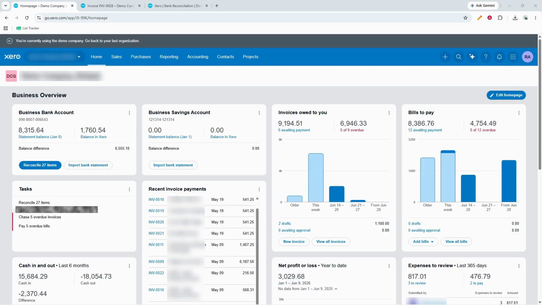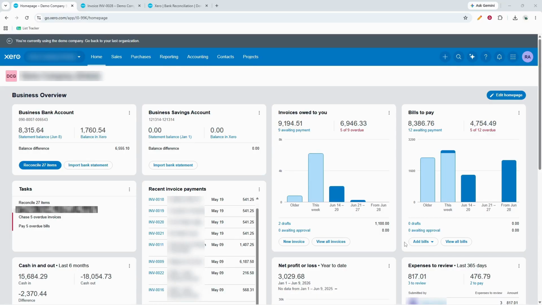In today's video, I'm going to teach you how to record a payment against an invoice in Xero. If you've already received money from a customer and now need to update the invoice so your records stay accurate, this is a quick and important task to know. Recording payments correctly helps keep your accounts up to date, makes bank reconciliation easier, and ensures the invoice shows the